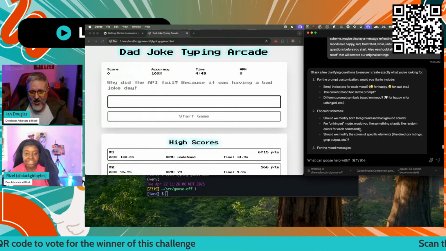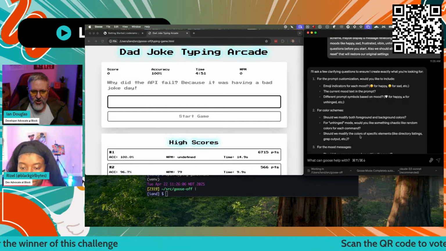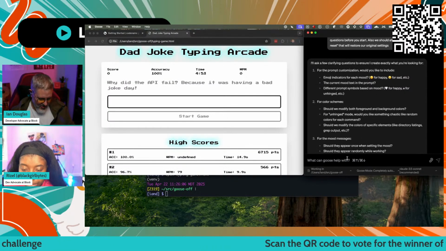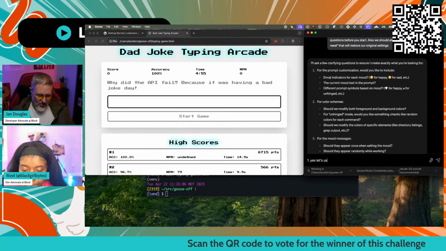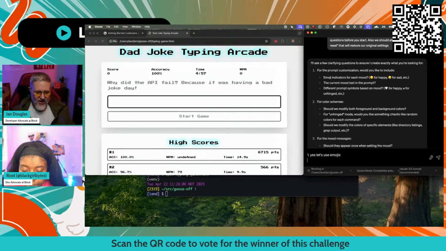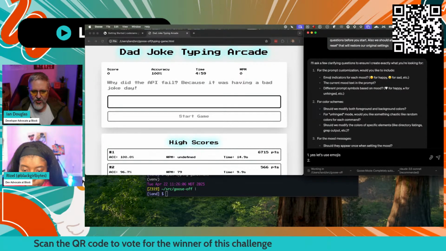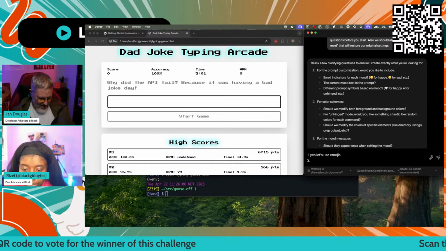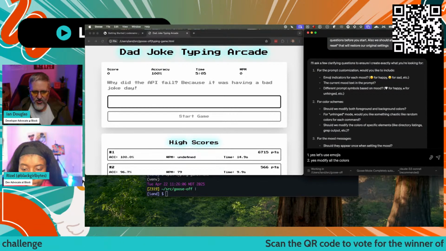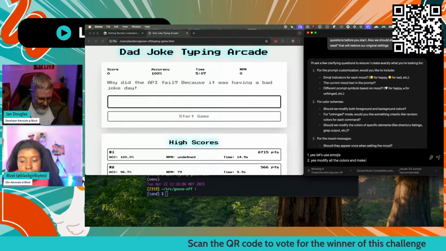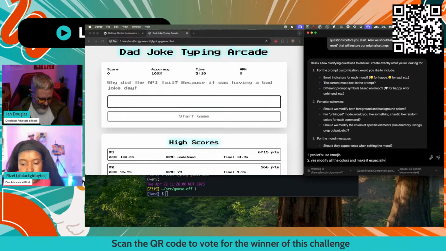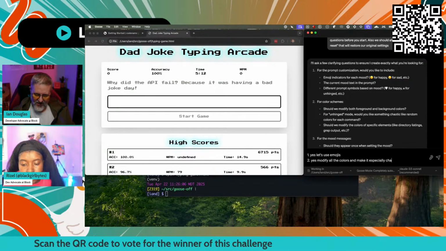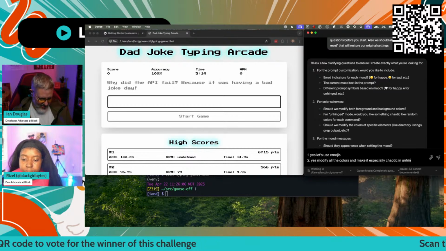But it's going to ask me a few clarifying questions for the prompt. Do I want to use emojis and so on? So one, yes, let's use emojis, and then two, for color scheme, should we modify foreground and background? Yes, modify all the colors, and make it especially chaotic in unhinged mode.